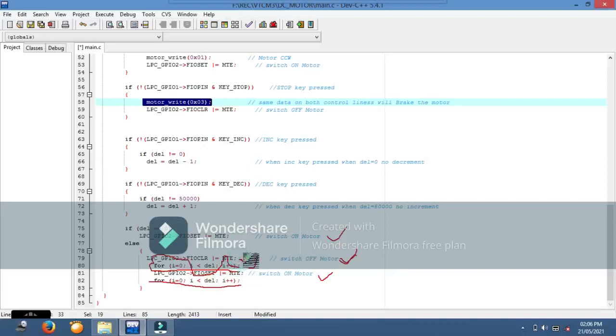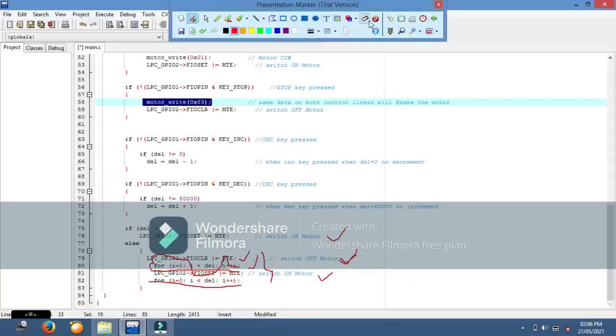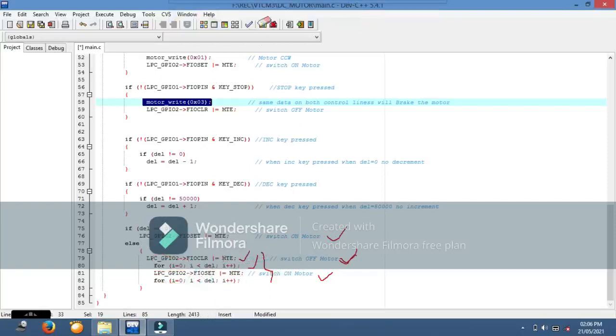Then what happens? When del is not equal to 0, definitely it is not equal to 0. Say del is 50, then it will execute. The motor will be off for 50 times, because the for loop will execute 50 times. So the delay will increment here for stop, and for start motor it will continuously execute for 50 times.